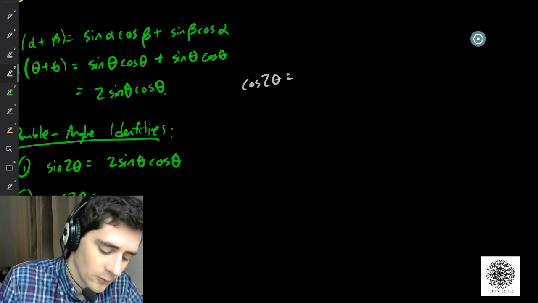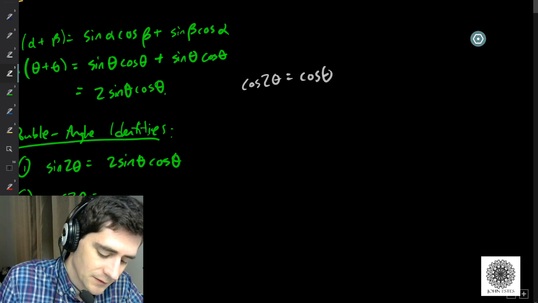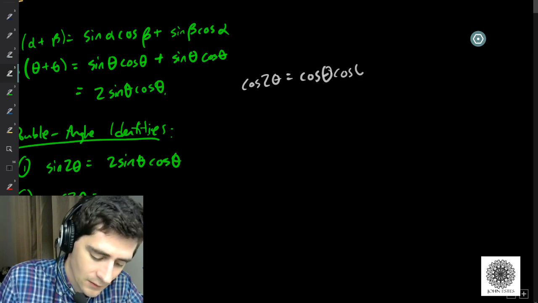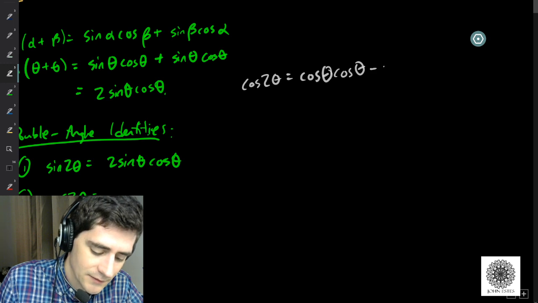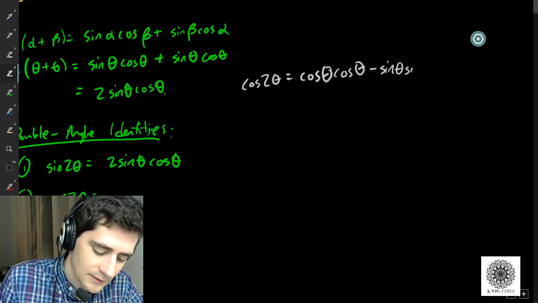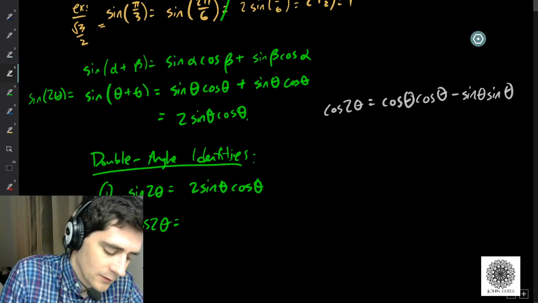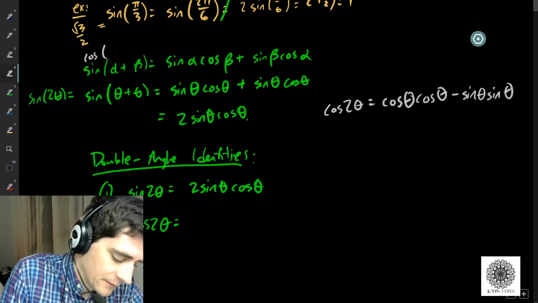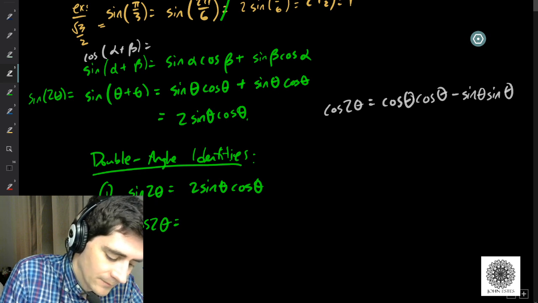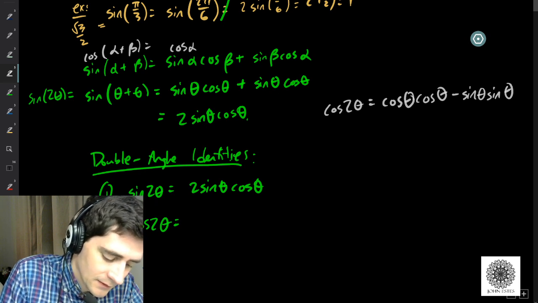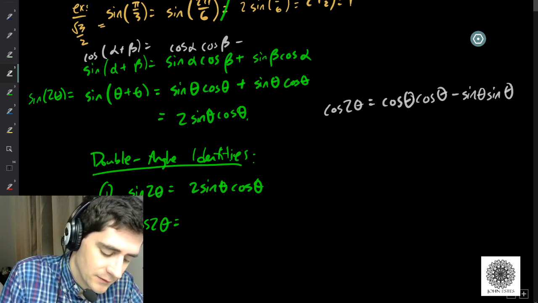And if you remember how that works, you keep the same trig function. So this is cosine theta cosine theta minus sine theta sine theta, right? The cosine of alpha plus beta identity is cosine alpha cosine beta, change your sign in the middle,